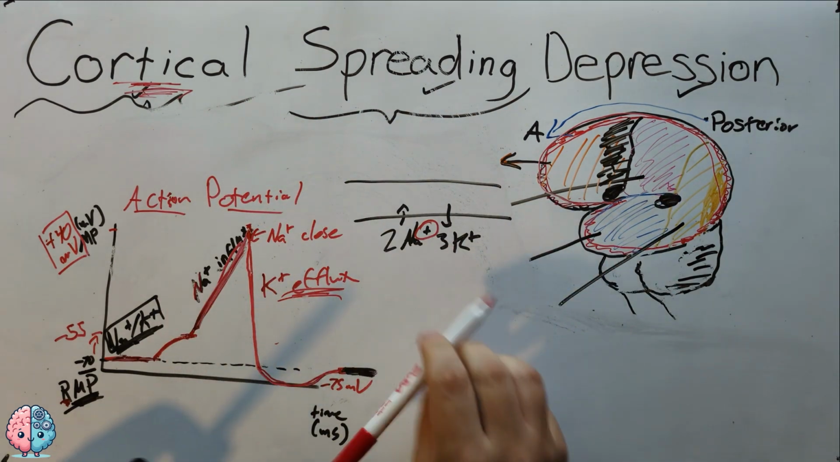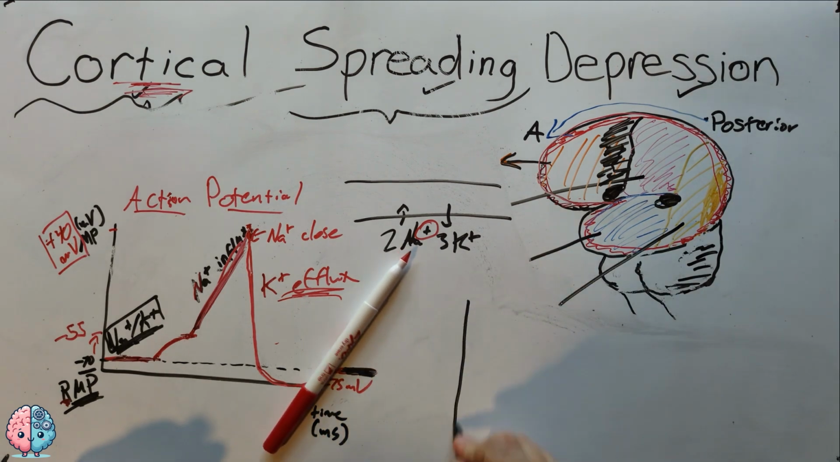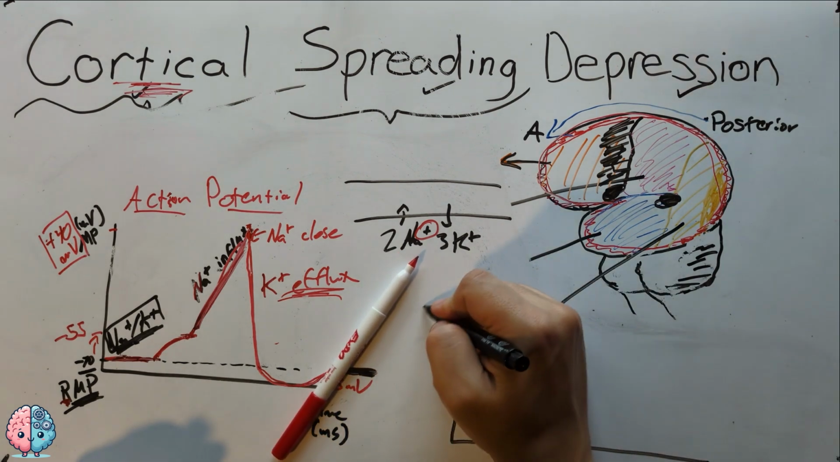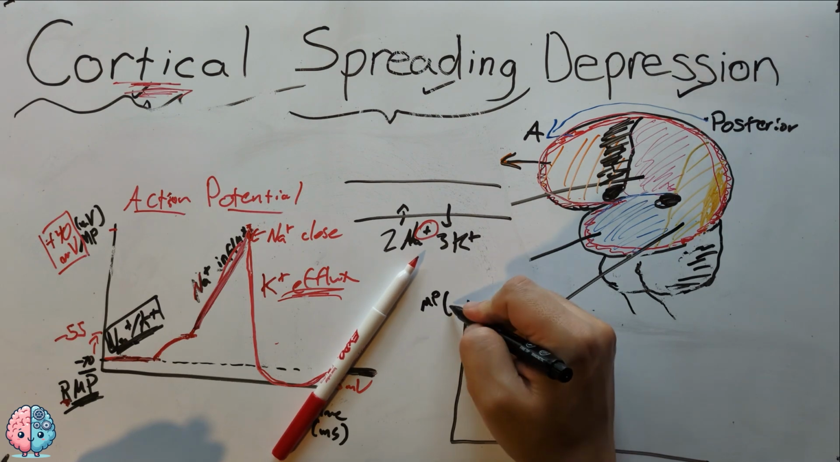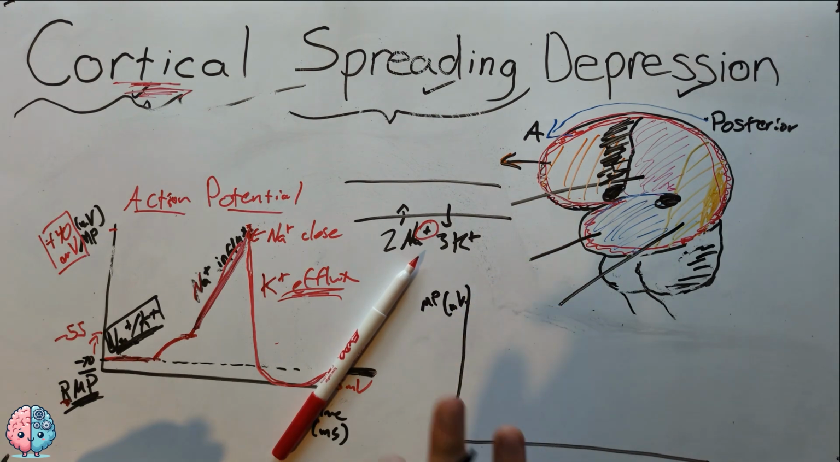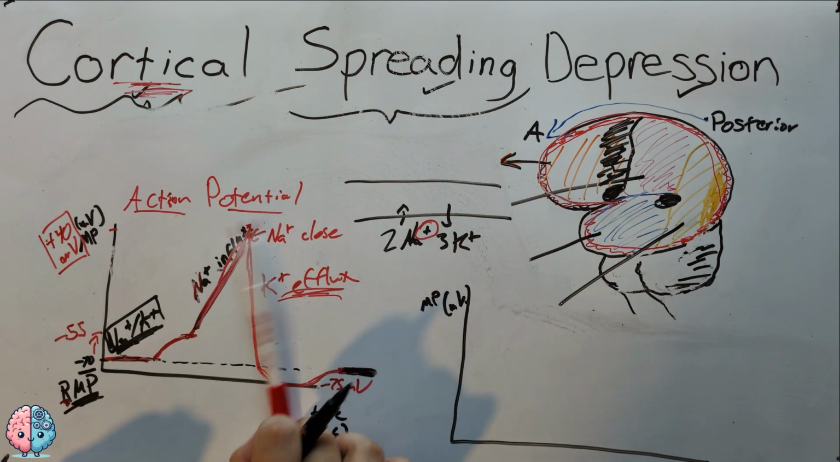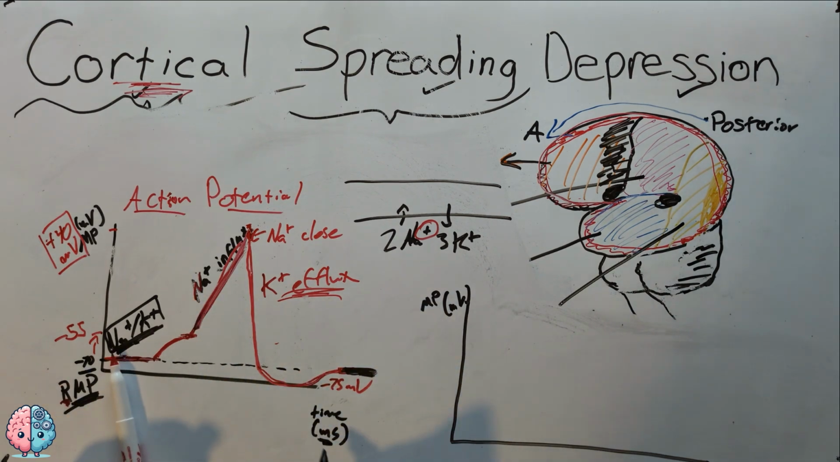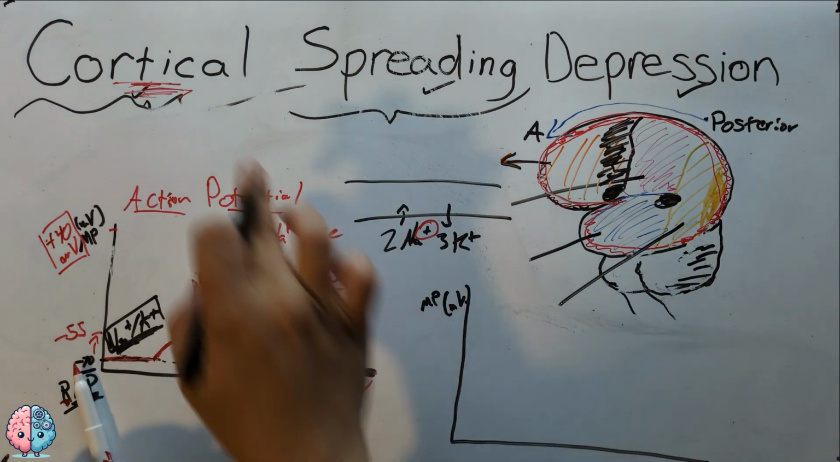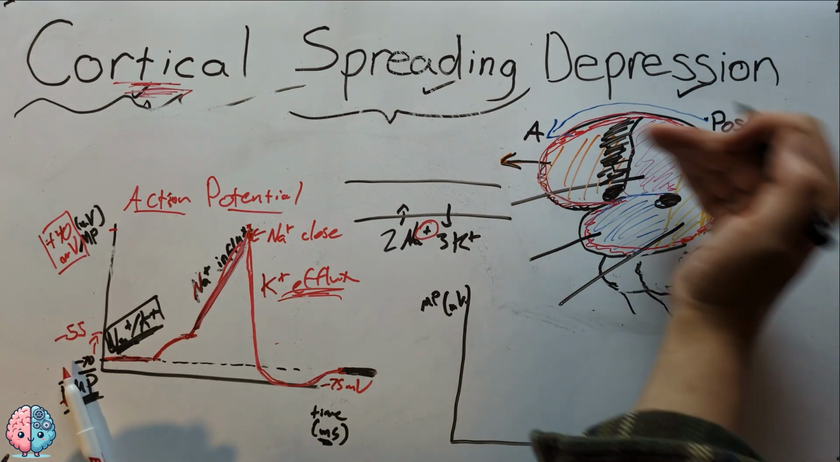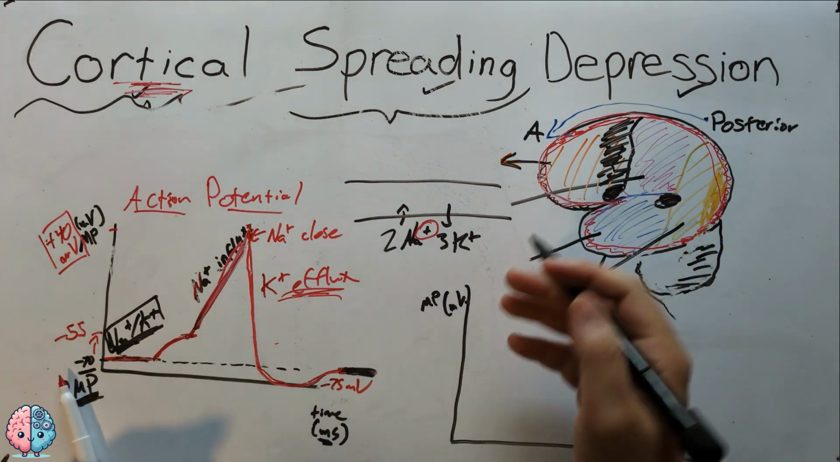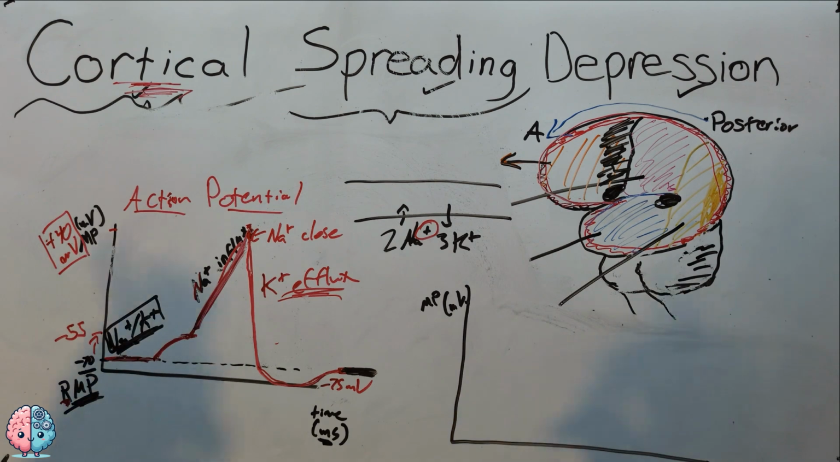Let's draw another chart here. This will be the membrane potential again, so the y-axis is the same, right? It's in millivolts. However, the x-axis, instead of milliseconds, will be in minutes. This represents how long it takes for cortical spreading depression to move across the brain, and it also represents how long an aura lasts. So the first thing,